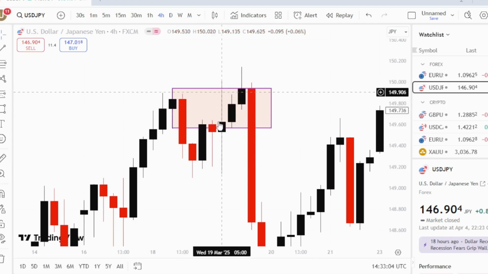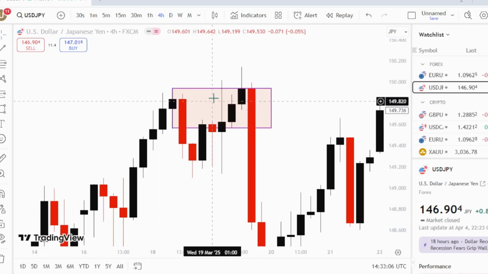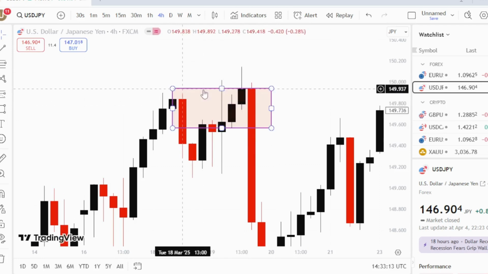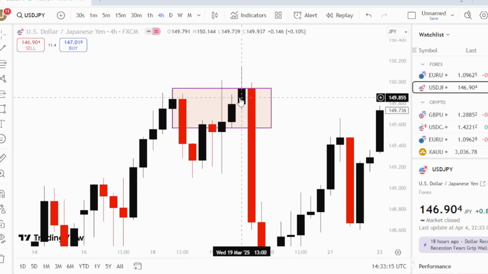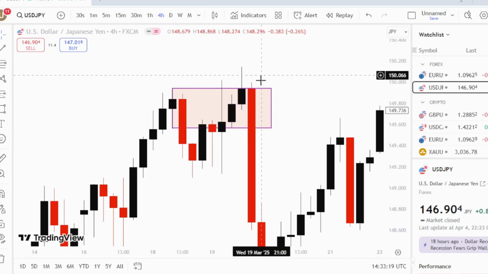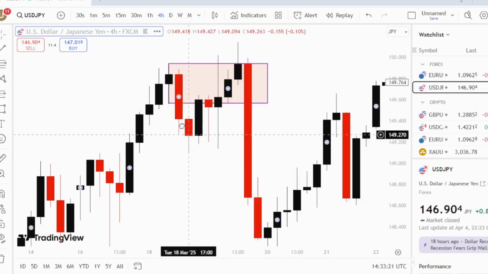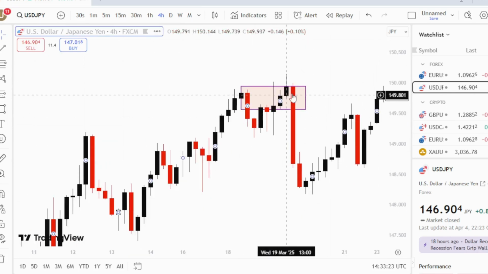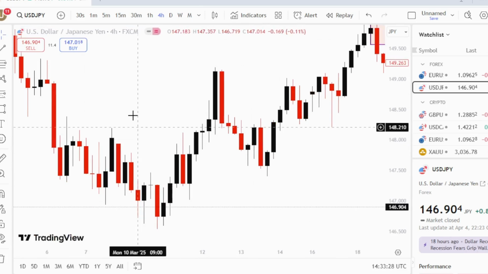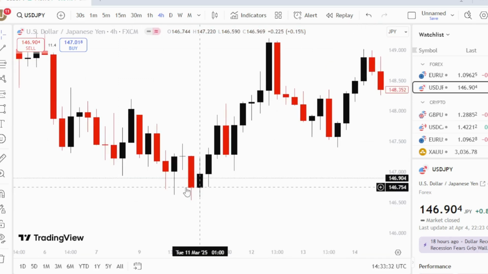But these candles were able to wick above the zone, but eventually the body of the candle couldn't even close above this, because if the body had closed above this, then this zone would have been violated. Then you'd be looking for buy instead of sell. At the end of the day, what happened? The price eventually dropped. So you understand that the market is full of a lot of liquidity grab, liquidity taking,